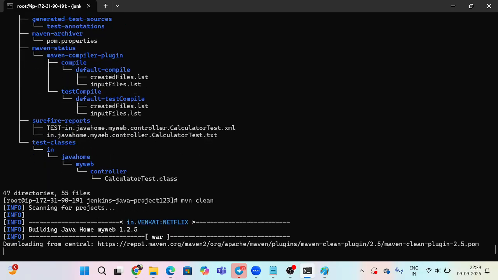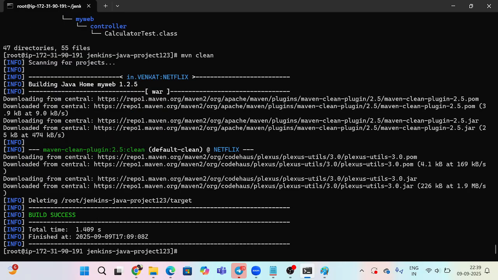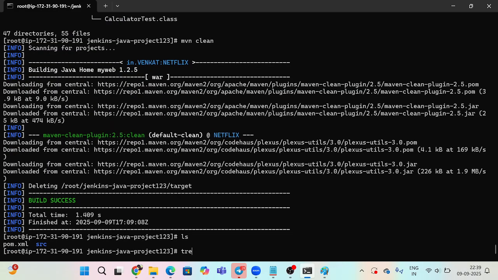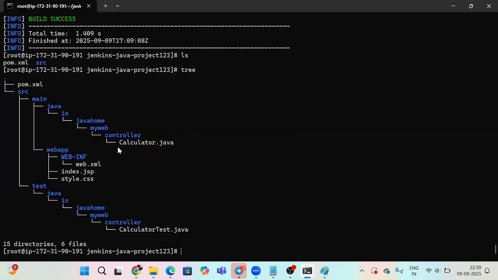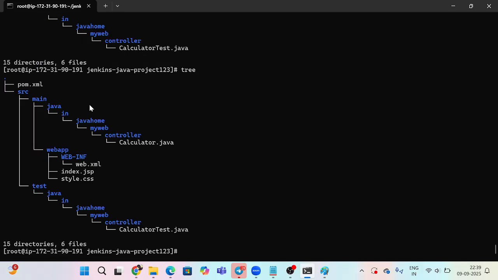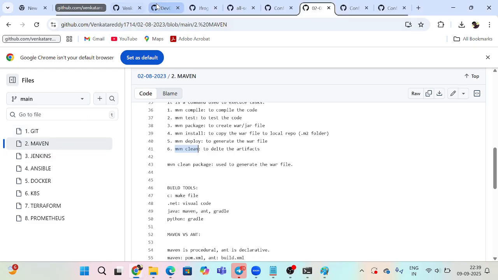It will take a couple of minutes. We'll give the tree command, nothing is there, our jar file, var file is deleted. Now we'll go and create the same commands, check the tree package what we took from GitHub, the GitHub test Java web applications are there. If we go and check